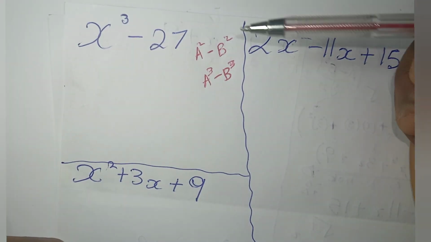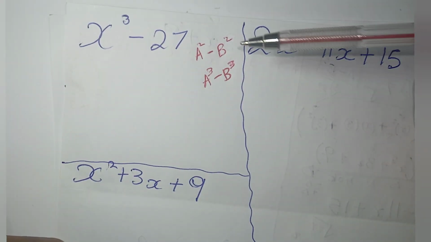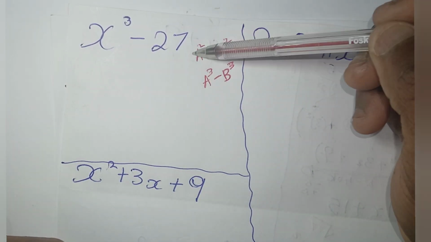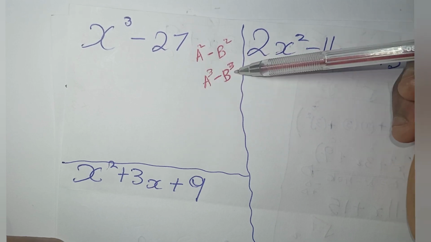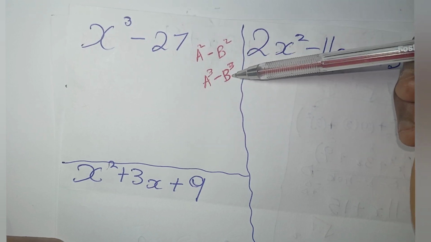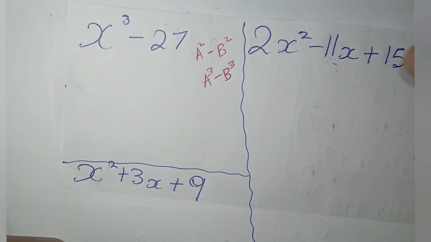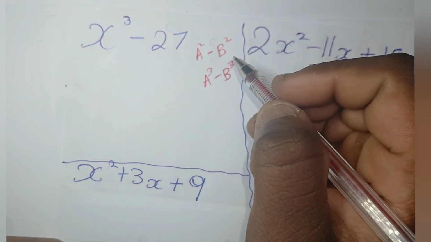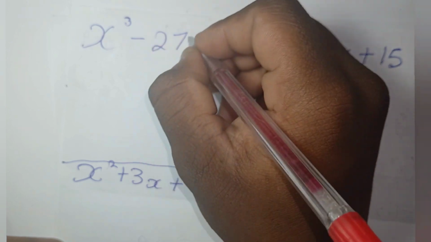You should know when to apply this one and when to apply that one. These are the difference of two squares, and these are the difference or sum of cubes. This one we apply if we are able to take the square root of this number,